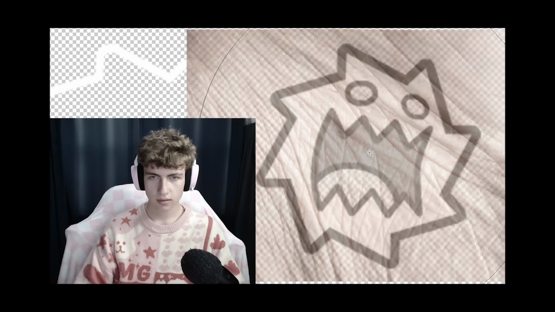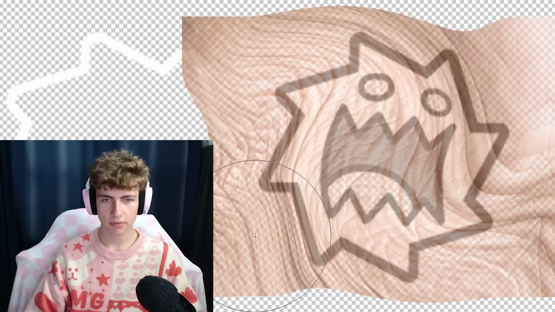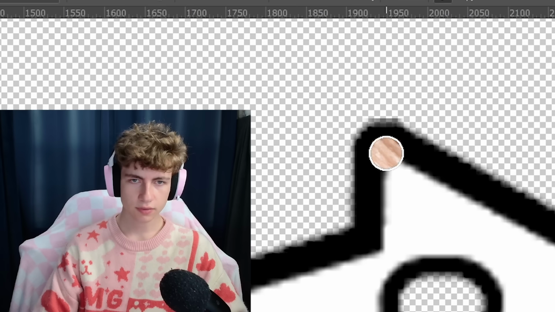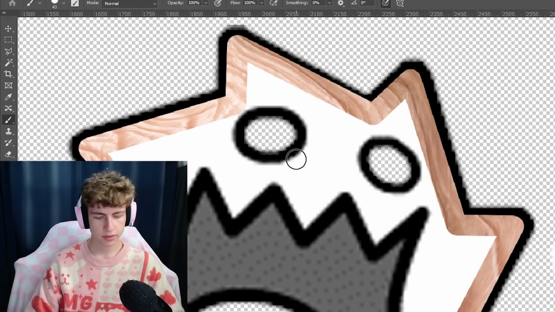And I'm just gonna press down. And then I'll take this warp tool and I'll push the edges to wrap around the actual ball shape. So holding shift, we can go ahead and tap the corners with a layer mask. And after doing all of that, we can just hit G and then click on it to fill it in. I don't know why I've chosen to use the skin texture again, but it's at least going to be similar